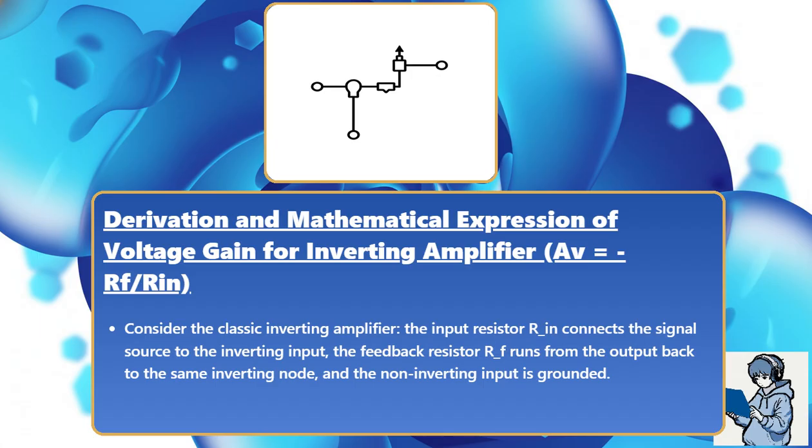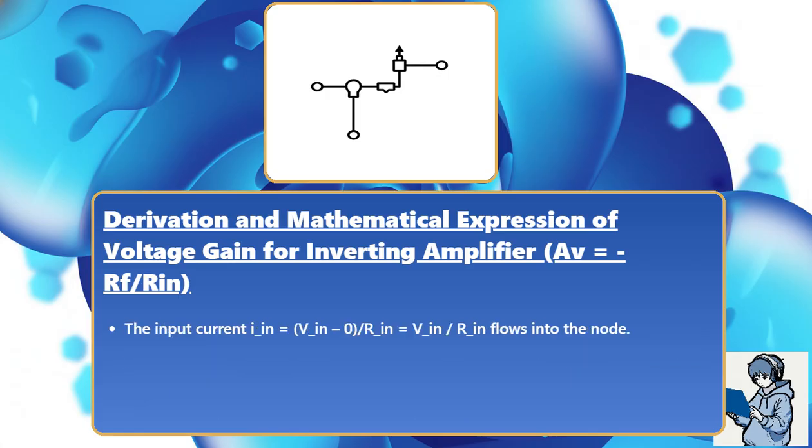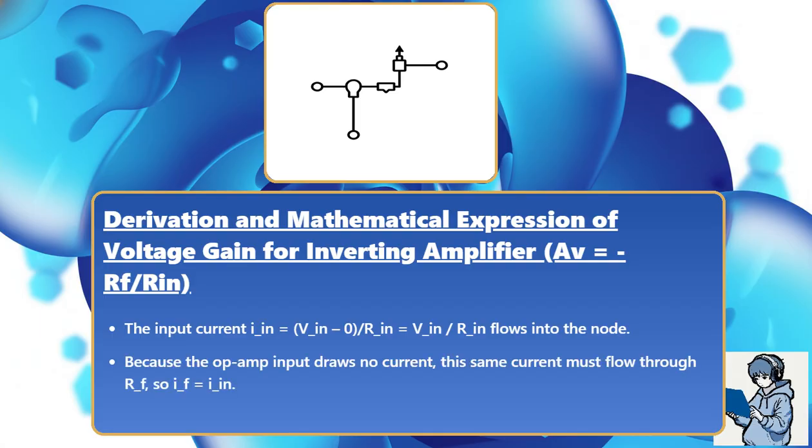Consider the classic inverting amplifier. The input resistor R sub in connects the signal source to the inverting input. The feedback resistor R sub F runs from the output back to the same inverting node, and the non-inverting input is grounded. Using the virtual ground idea, the inverting node is at 0 volts. The input current I sub in equals V sub in divided by R sub in and flows into the node. Because the op-amp input draws no current, this same current must flow through R sub F,